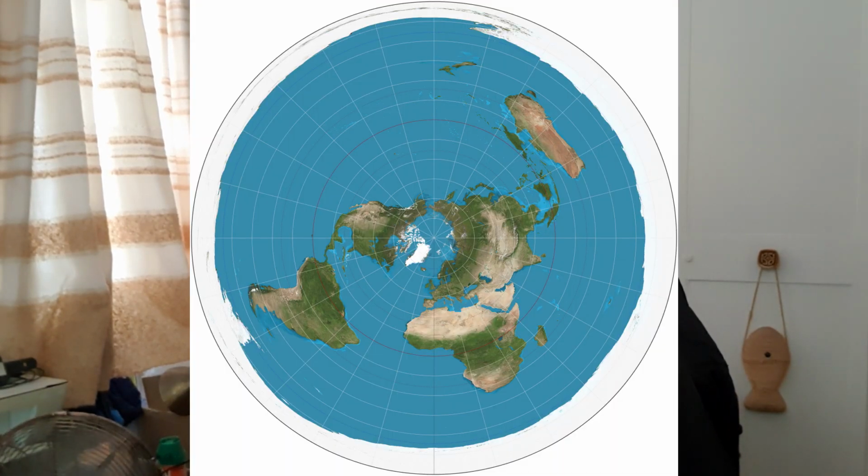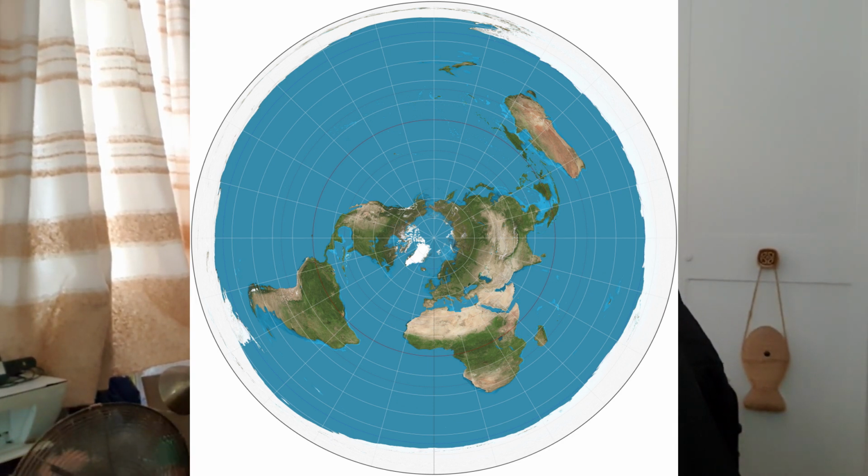One of the most popular models is based on what is called the azimuthal equidistant projection map. It's difficult to project a sphere onto a flat surface, so there are many different methods devised to do that as accurately as possible. This particular method, also called the Gleason map at the moment, I think it's one of the most recent creators of it, but it's a very ancient map style, goes right back to like the ancient Egyptians one way or another, is popular for the Flat Earth team, this particular Gleason version,